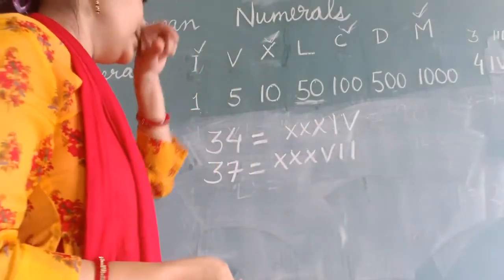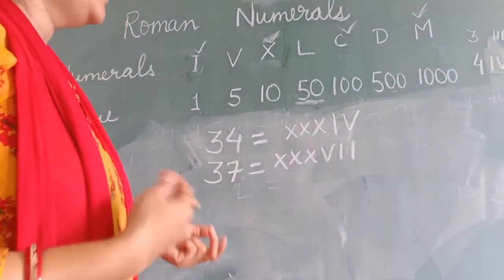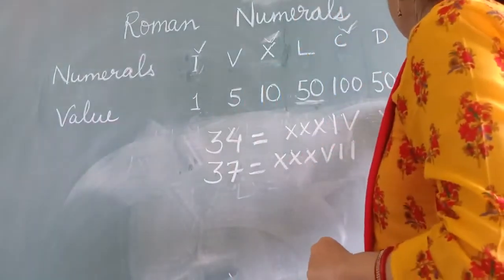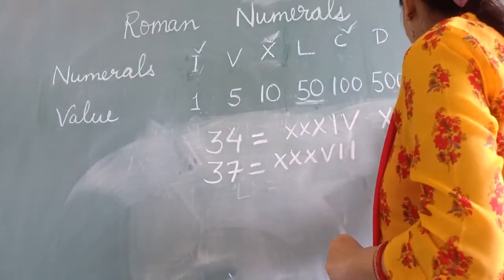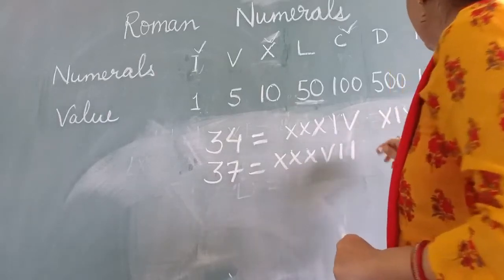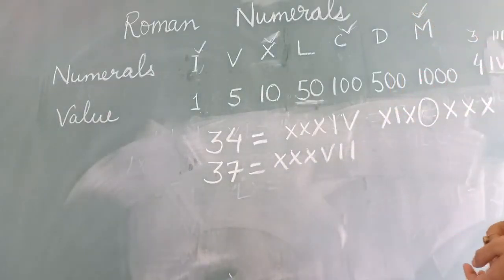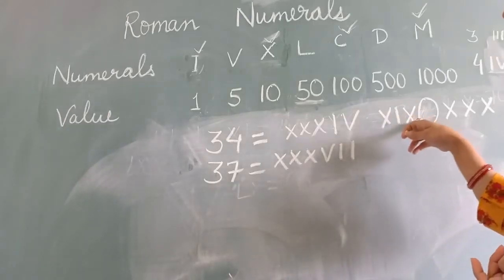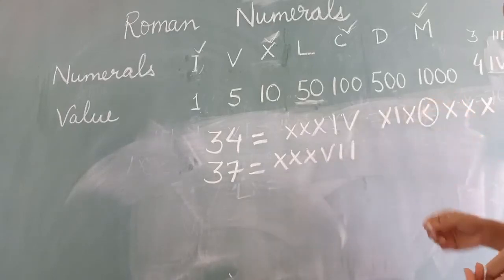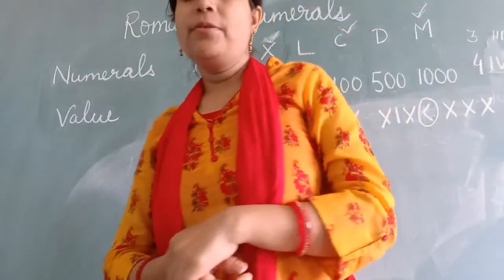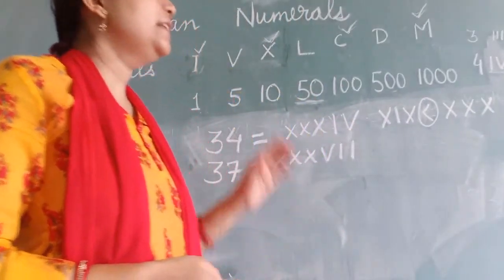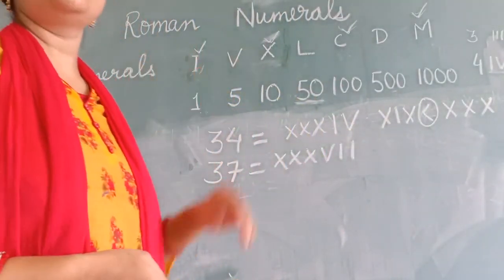So children, similarly you can write any number, and if you are asked to compare, you compare them. Which one is greater? You can now compare which one is greater. It is 10 plus 9, that is 19, and this one is 30. So 30 is greater than 19. So you can do any type of problem by knowing these rules and practicing. Thank you children.